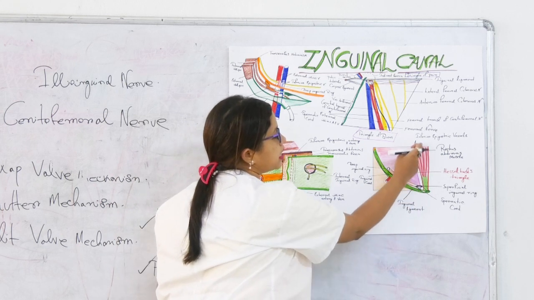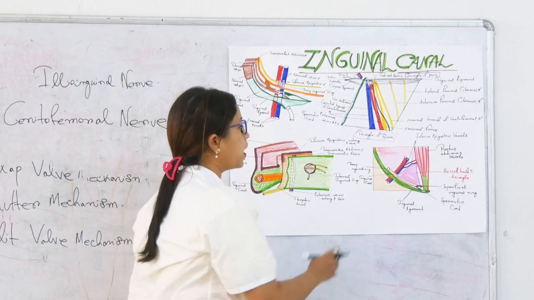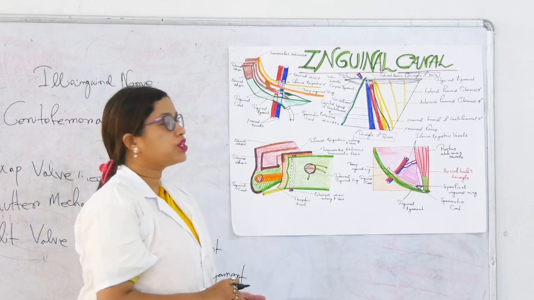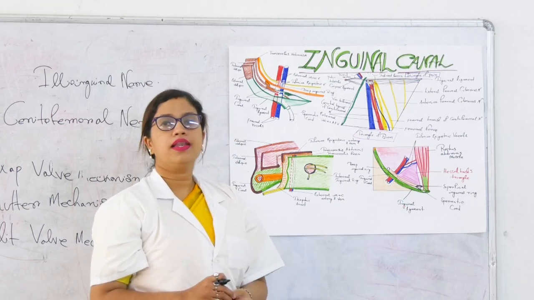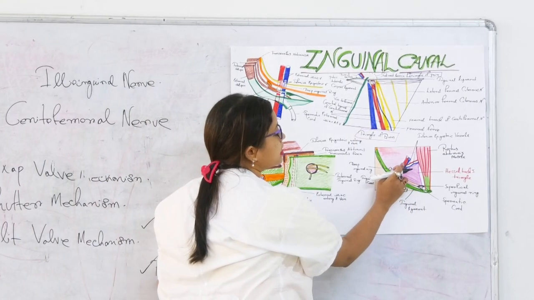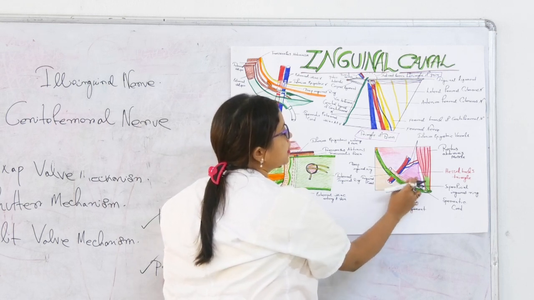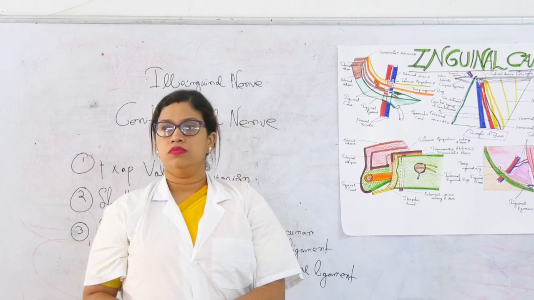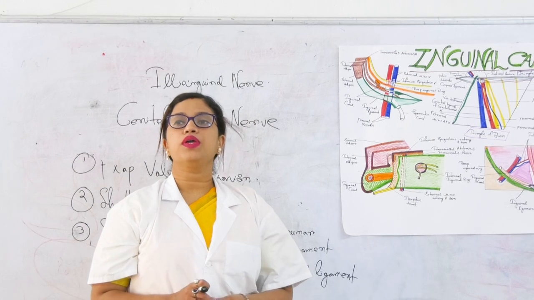And on this side, the medial side, which structure is there? This muscle is the rectus abdominis. In between the two, you have one line structure, the inguinal canal, just above the inguinal ligament. Above that, two structures are going: the external iliac artery and external iliac vein. Just below that, it is making Hesselbach's triangle. Why is it important during herniectomy? It is very easy to identify the type of inguinal hernia.